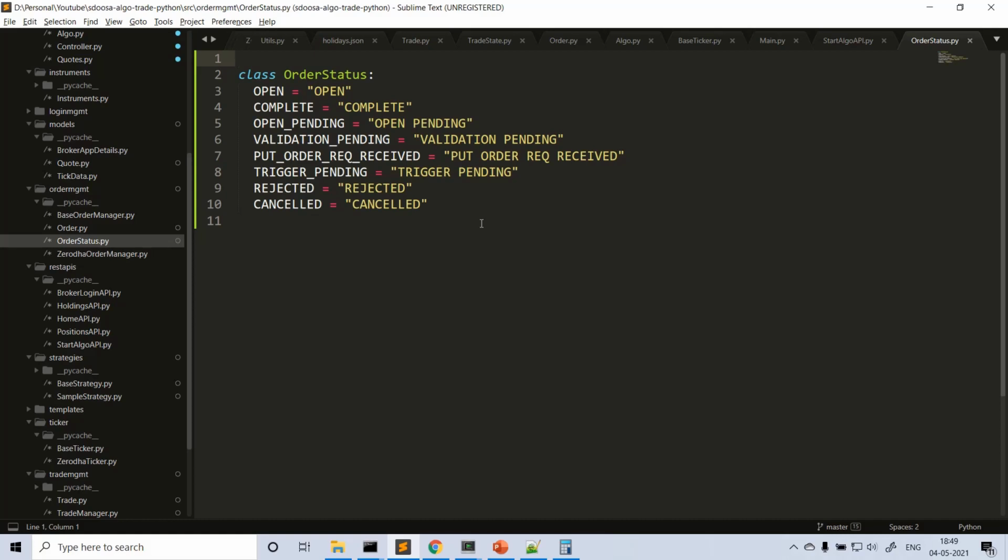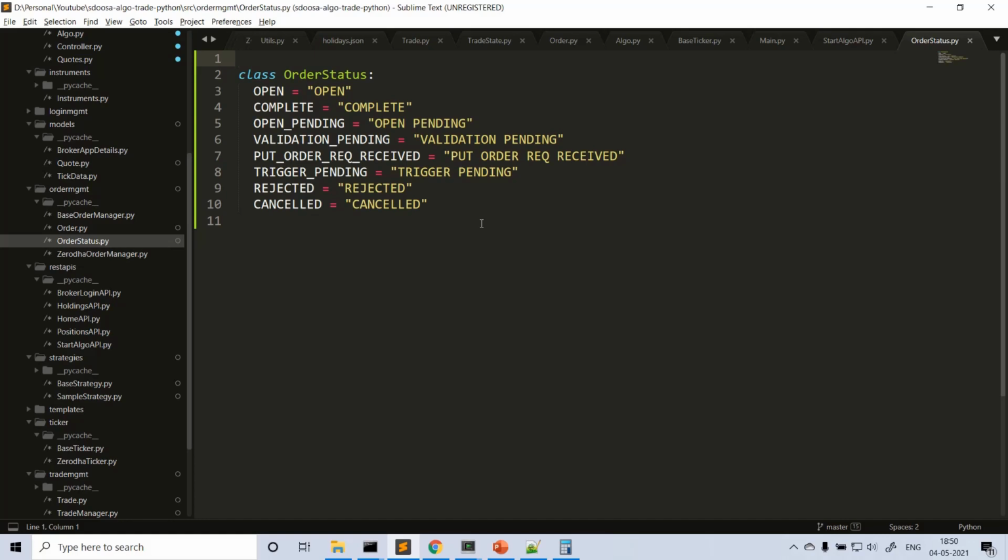But in our algo system, we are going to maintain a specific value so that these can be used across the application wherever required. So you don't need to check everywhere: if it is Fyers, use this value; if it is Zerodha, use this value. That's cumbersome code, very difficult to maintain, and prone to more bugs. That's not a proper design, frankly.